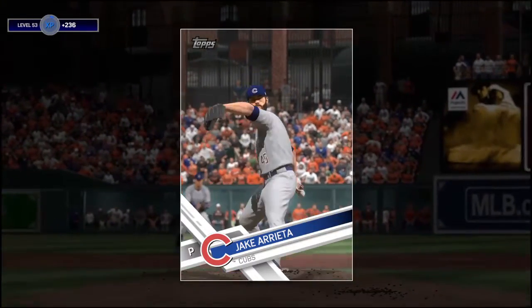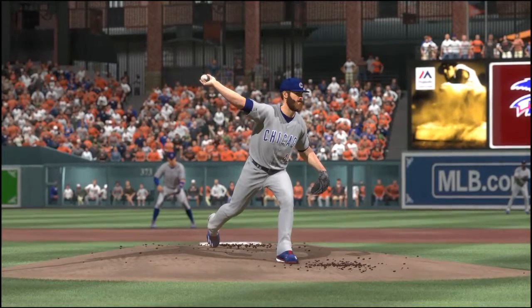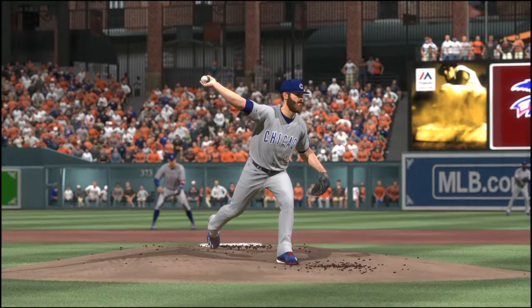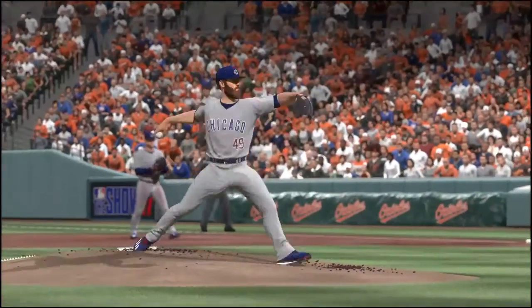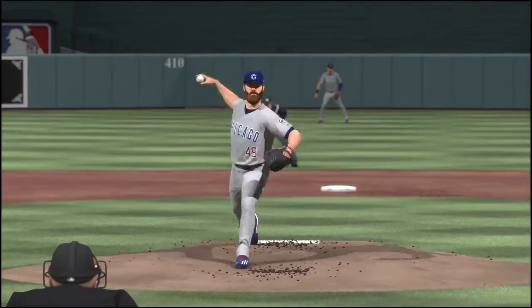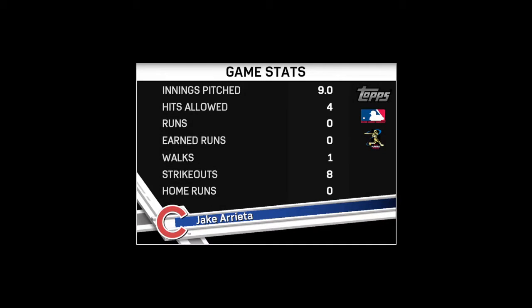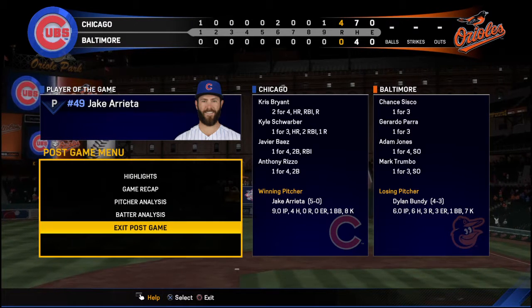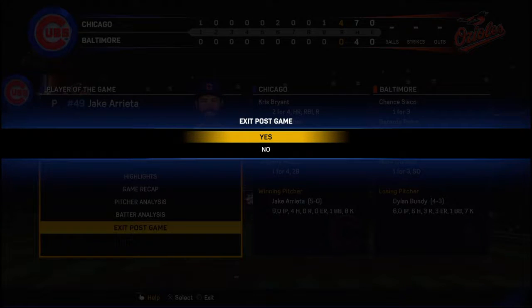Well, we've talked about his dominance all throughout the game, and he ended up finishing what he started. A complete game shutout. He's our tops player of the game. Hey, when you basically take a game into your own hands and give your opposition absolutely no chance, you deserve all the credit in the world. His guys had to score for him, but he essentially was a one-man show out there. Here now is the final line score tonight. First for the victorious